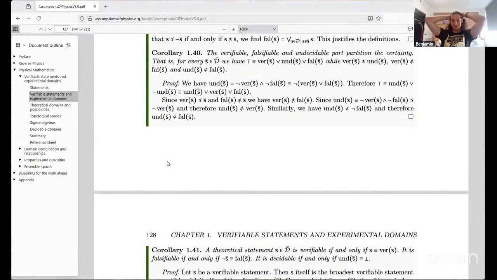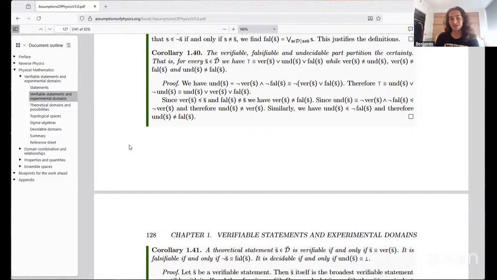As for the proof, the undecidable part is equal to the negation of the disjunction of the verifiable and falsifiable parts, just using De Morgan's laws. So certainty is equivalent to und or not und, just by the law of the excluded middle, which I suppose makes sense to assume in this context. That is equivalent to the disjunction of und, ver, and fall. And since the var of S bar is narrower than S bar, and fall of S bar is incompatible with S bar, we have that var is incompatible with fall, since und is equivalent to the conjunction of the negation of var and the negation of fall,